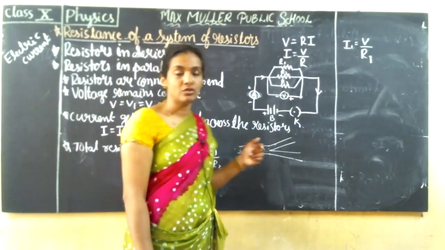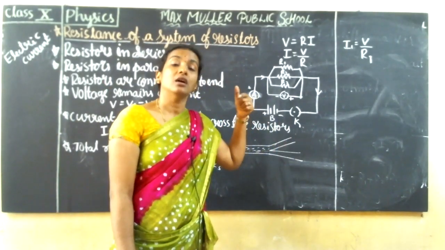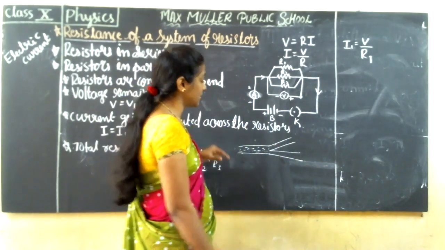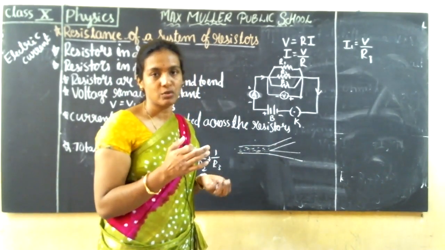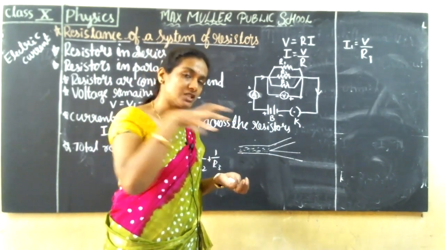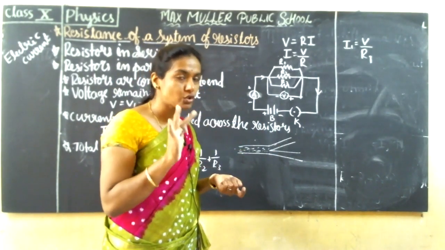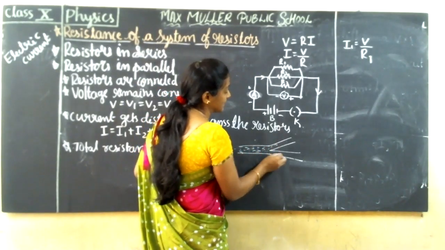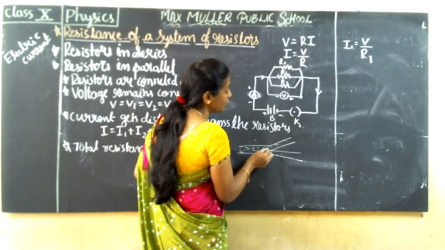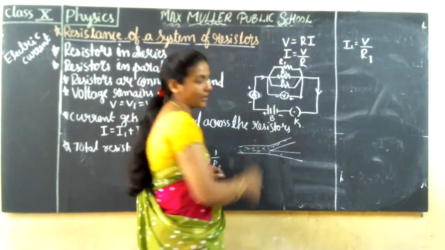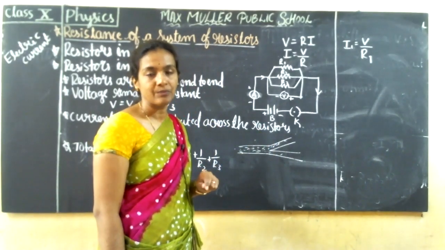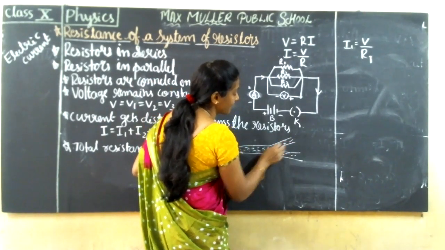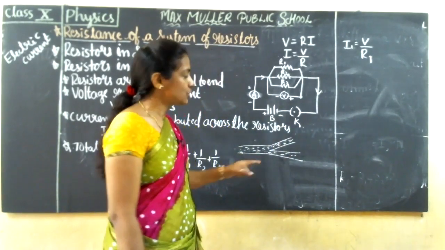I am just trying to give you an application example before I explain the concept of the parallel connection of resistors. I have taken one pipe, and in that pipe water is flowing. To that pipe I am going to connect two more pipes. Tell me what happens. Does the water flow through both the pipes, or only one, or none of them? Obviously, the water will flow through both the pipes.